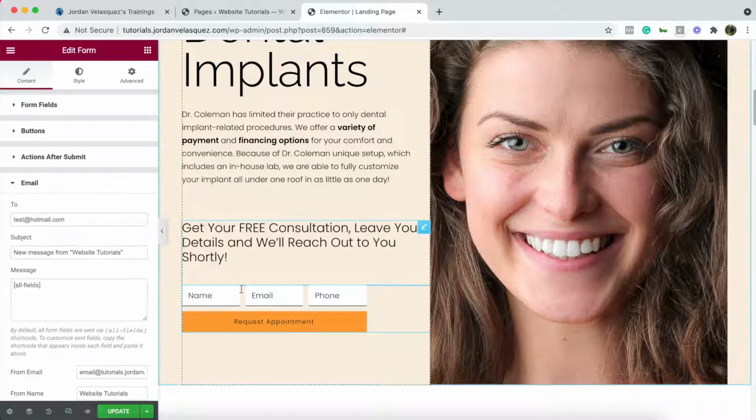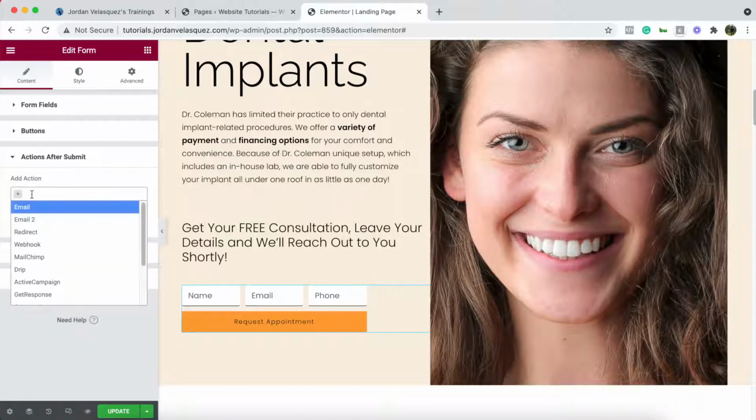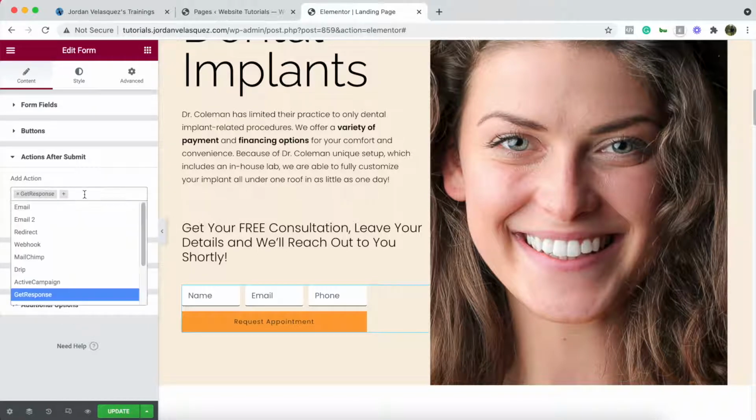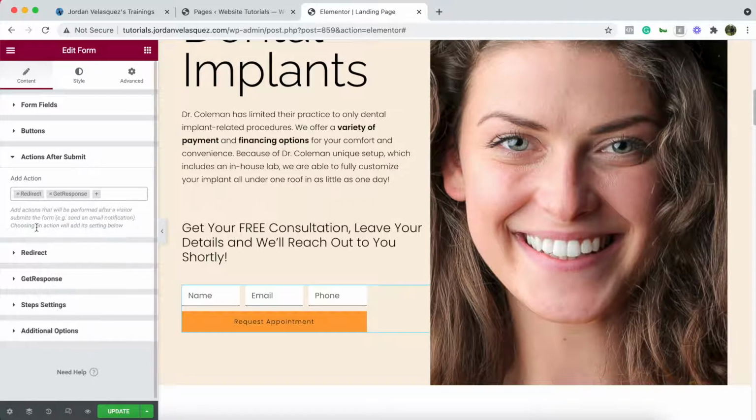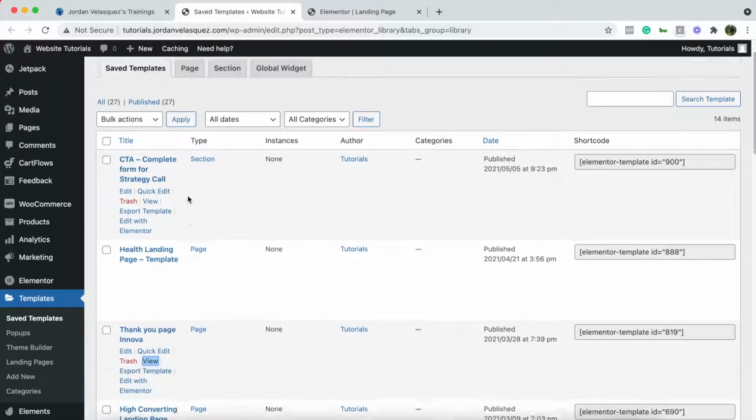But what I want here is a different thing. What I'm looking to do is send this to my email marketing software. I'm using GetResponse, and I also want to redirect this user to a thank you page. So as you can see here, we have redirect, where you have to paste the link that we want to send the user to. So let's go to the WordPress dashboard, and here in